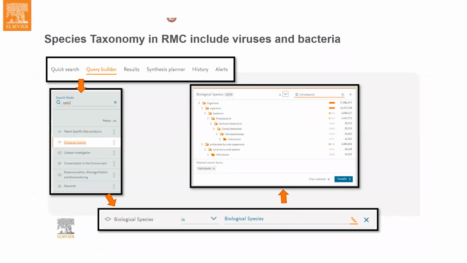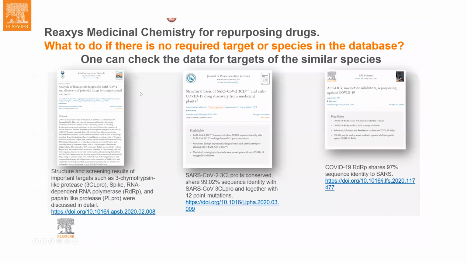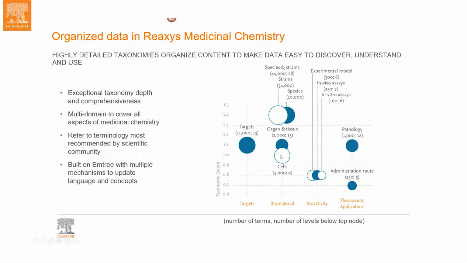To try to develop some molecules against the whole family, because first of all, maybe the molecule is not yet tested against your particular virus, but also the proteins in the family can be the same, and this is already explained in several papers. So for example, COVID-19 has similar proteins to SARS, for example.